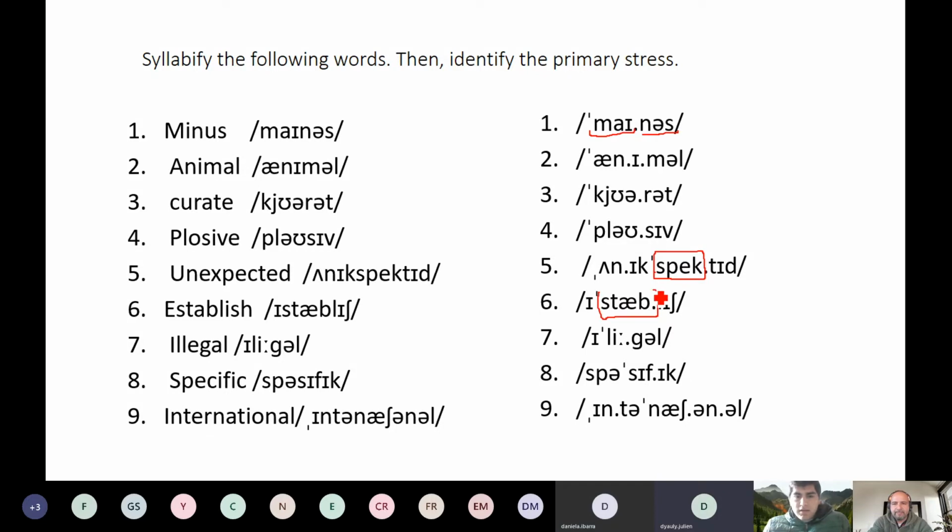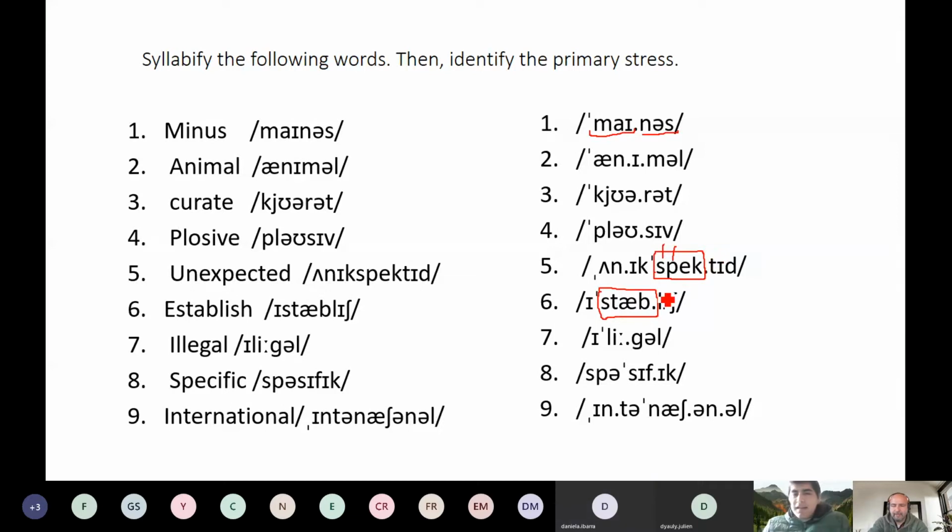Teacher? Yes, sir? The only problem in this case is that when we have a sound like in the word, it could be light because it is a short sound. Yes, I understand what you're saying. I think that yes, we have a short vowel sound as a nucleus, but then we have a branching onset. So we should consider it a heavy syllable because there are two consonant sounds as part of the onset. Okay, perfect. Thank you.